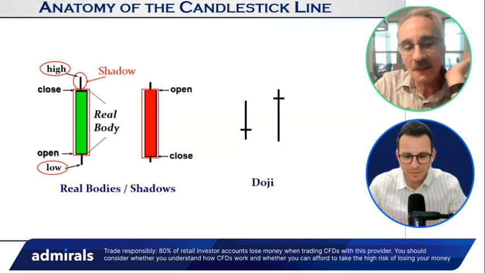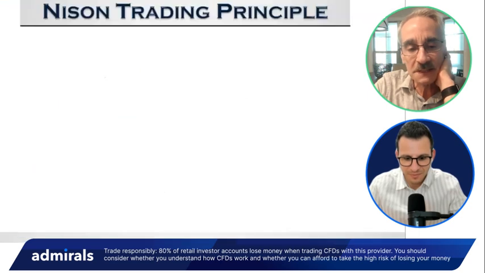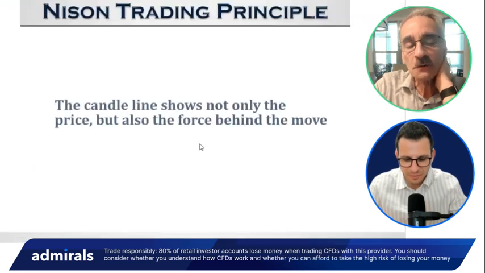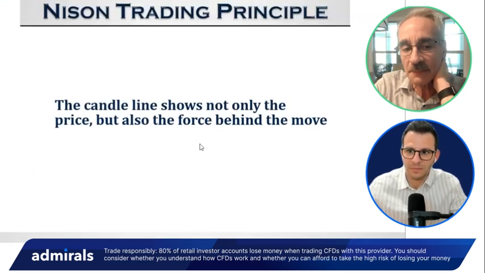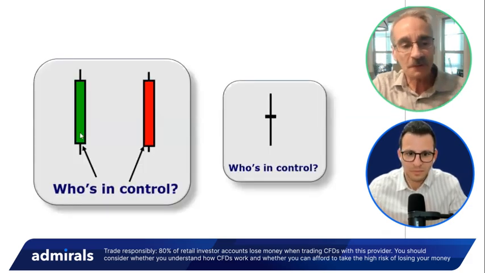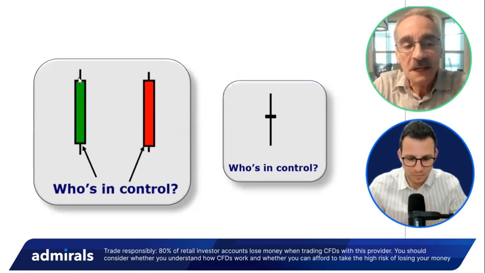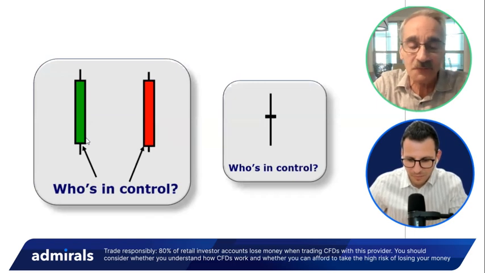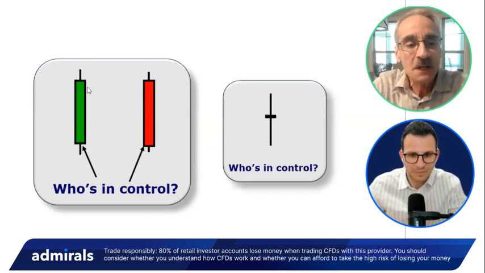And the reason all the charts are now in candles is it shows not only the price, but the force behind the move. So just very quickly, okay, who's in control here? Obviously, the bulls. The market opened here and closed here. Now that's amazing. It's the same data as a bar chart. You could make a bar chart, and I guess you can mentally convert it to a candle chart, but why bother? So you can see the bulls are in charge, the bears are in charge.